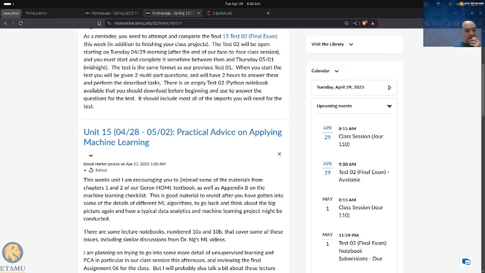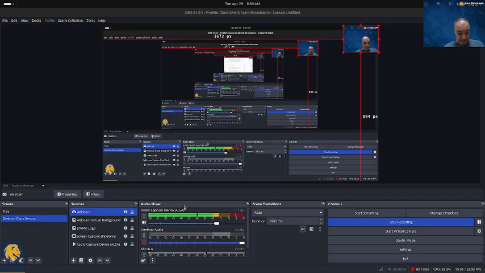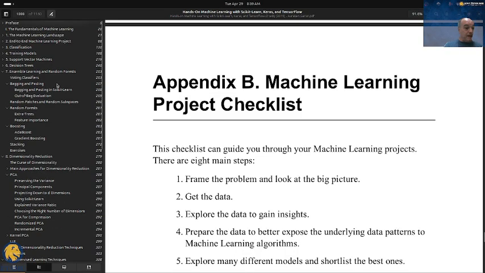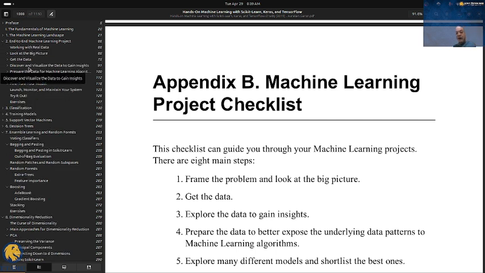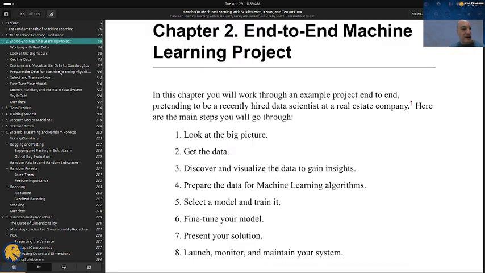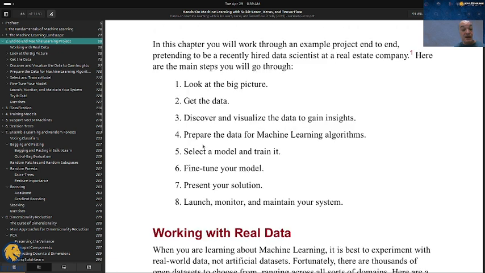Okay, and then the other thing I thought I would do for today is talk a little bit more about your class projects, which is a little bit of the goal of the assigned readings. I was recommending that you go through Dr. Ng's videos for our textbook. One thing I mentioned, we started off on chapter 2 relatively early in the course, but when you're thinking about your project,